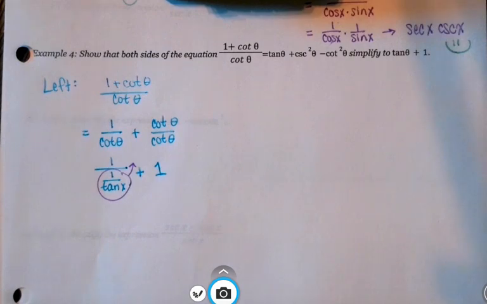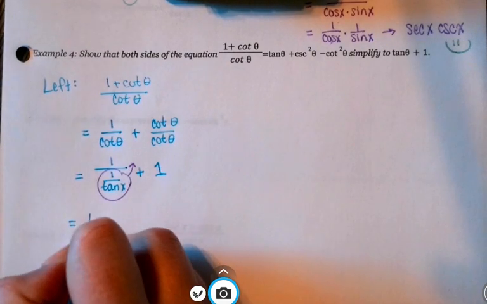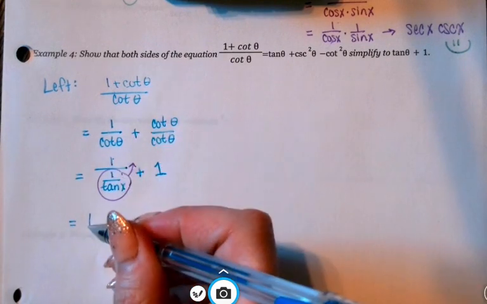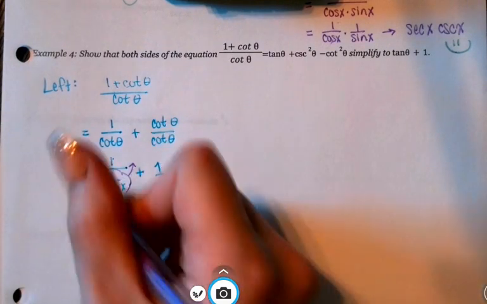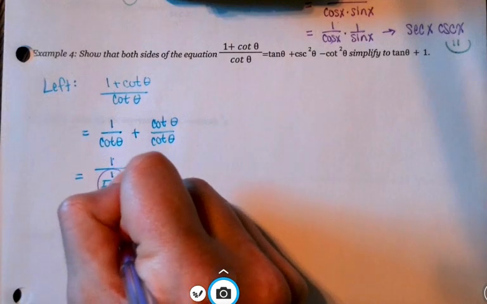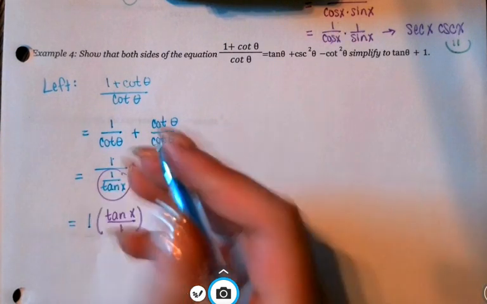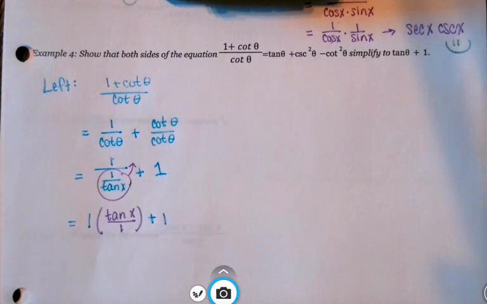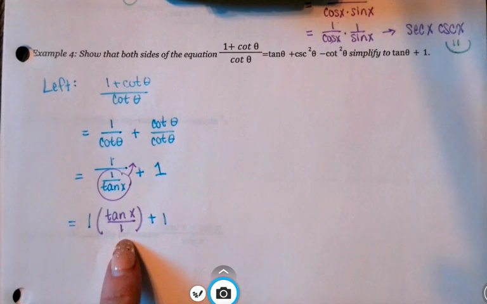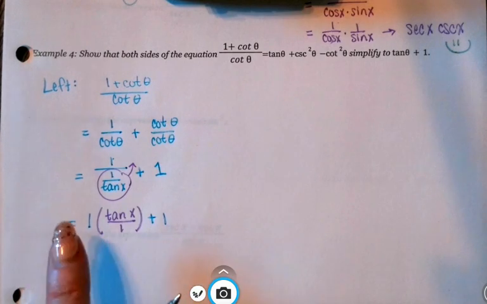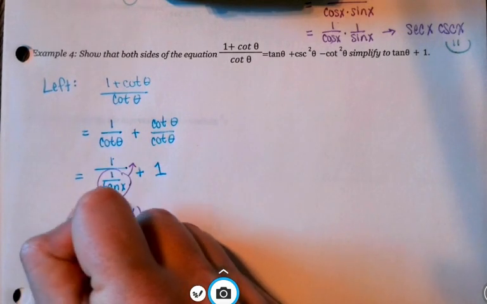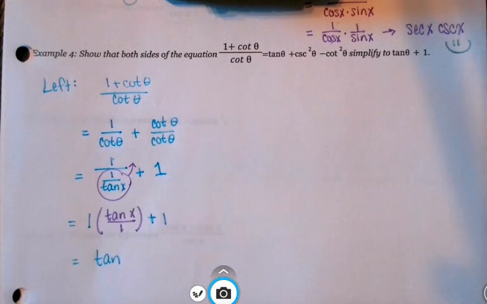So I'm going to flip it and multiply it. So this one was from the numerator, and then I am multiplying this by tangent of x over 1. And I still have my plus 1. Well, tangent over 1 is just tangent, and then tangent times 1 is still just tangent, and so we get tangent